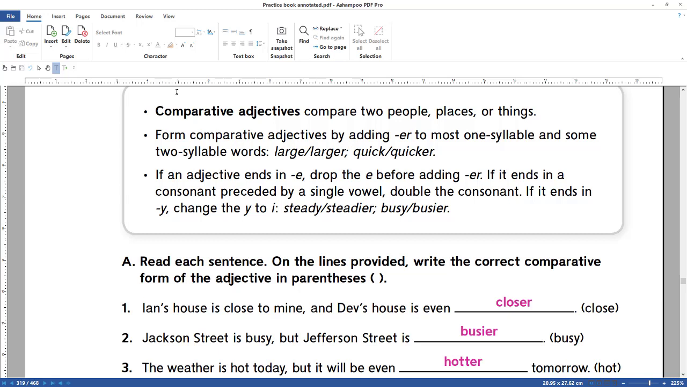and as you can see the meaning of comparative adjectives is that we are using the adjectives in English to compare two people, places, or things. Okay, so